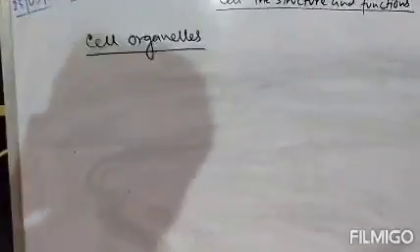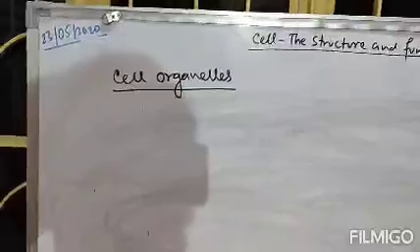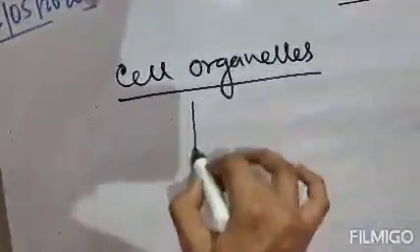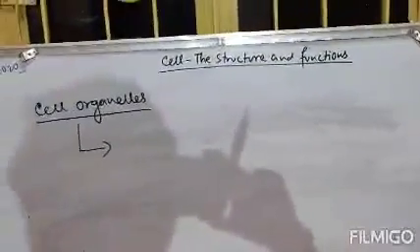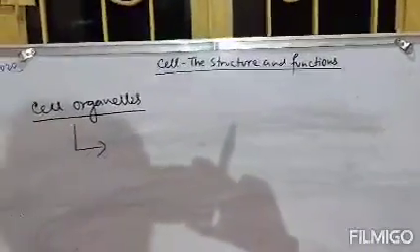I am repeating again, listen carefully. The cytoplasm, the semi-colorless, translucent liquid present in the cell, contains very tiny particles which are not even seen by a microscope. To see those particles, a high powered microscope is required. Those tiny particles are your cell organelles. Clear? So cell organelles are the very small substances present in the cytoplasm, which are not even detected by a microscope. To detect them, a very high powered microscope is required.